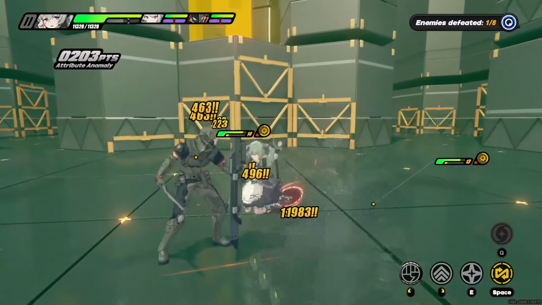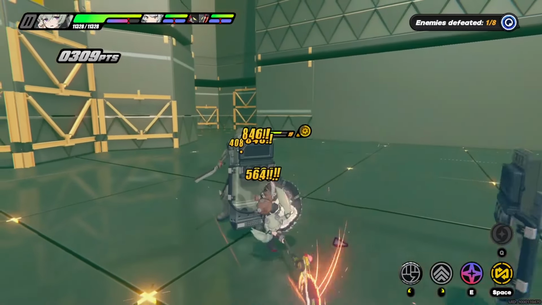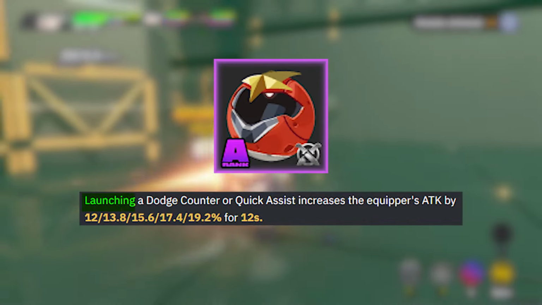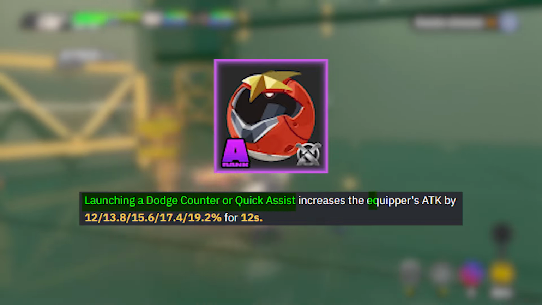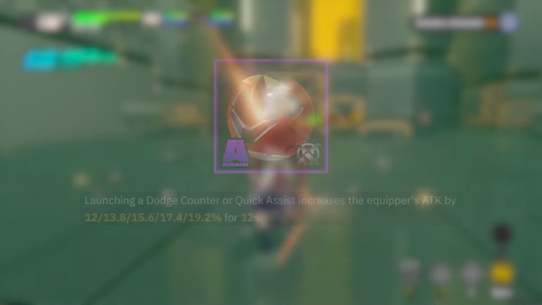The rest of these options will be slightly different and get more utility depending on your teams and how you want to play. An awesome free-to-play option is the Starlight engine, which just says launching a dodge counter or quick assist increases the equipper's attack by 12% for 12 seconds. The last one I want to mention is the Battle Pass engine,